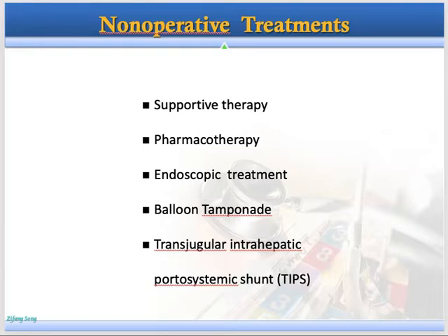Propranolol is a non-selective beta blocker. And beta blockers basically reduce the chances of variceal bleed, and they also reduce the mortality. Like these are the studies which show this thing. Some of the patients don't respond to these beta blockers. Okay, so these things can be done,